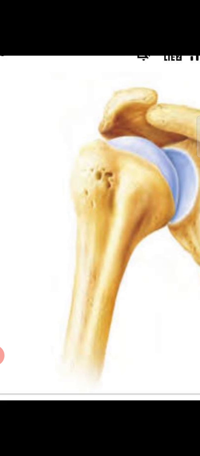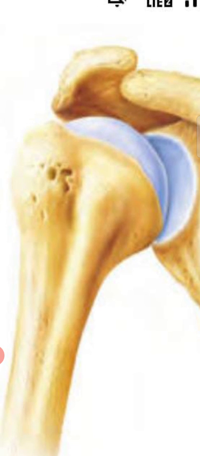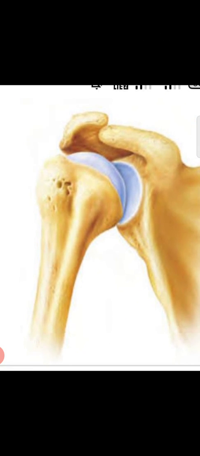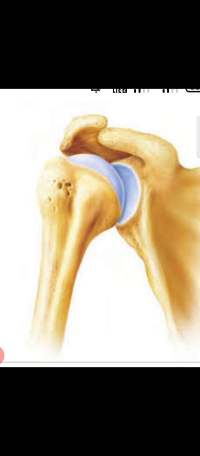This is the leg and this is the hip bone. Okay, dear children, see, this is the leg bone. This is the hip bone. Here there is a ball and socket. Okay, dear children, ball and socket joint. One bone has a round ball-like shape and the other has a cup shape. So this joint helps in maximum movement. Hip and shoulder joints are examples of this type of joint.